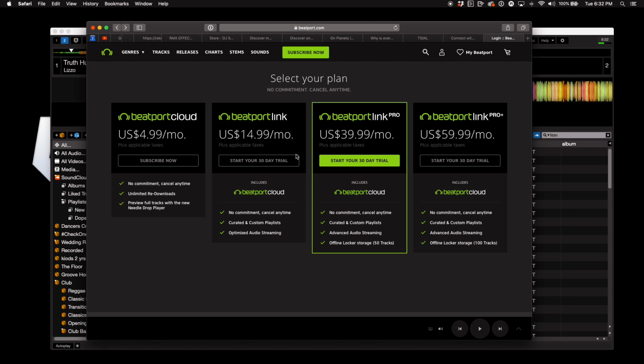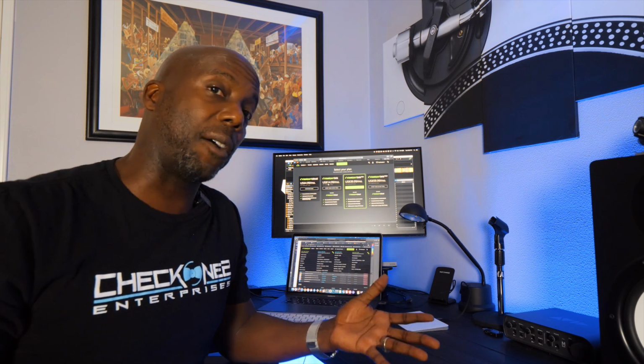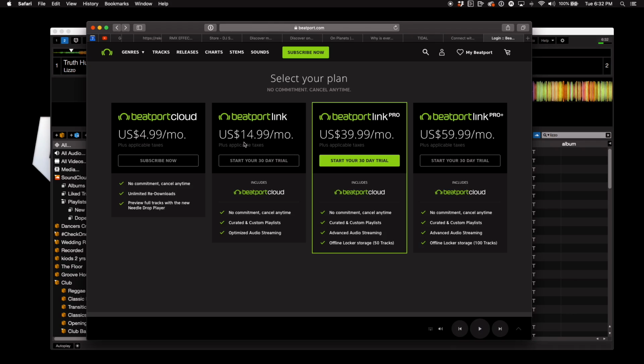Oh, by the way, as you see here, you have two different options with Beatport. You have the one that's just $14.99, which follows along with Tidal and SoundCloud Go, where it's streaming only. Then you have the $39.99 version, which includes an offline locker, where you can store up to 50 tracks, and a higher bitrate output for your songs. $14.99 to $39.99 is a tad bit extreme in my opinion. I think they could have done a better price. I think the price should have probably been maybe $10 more, but to jump up like that,